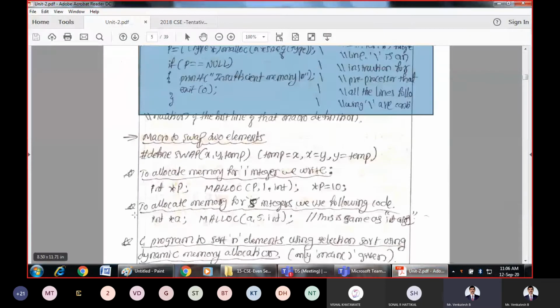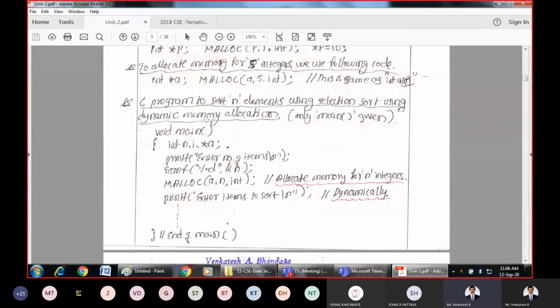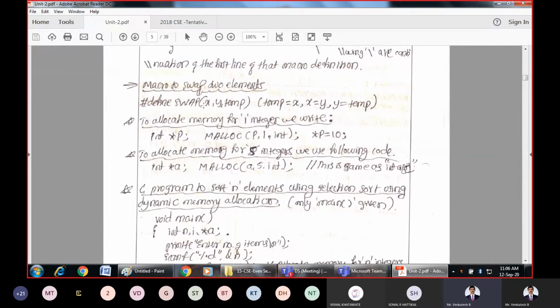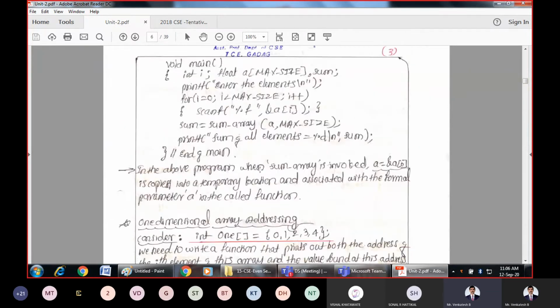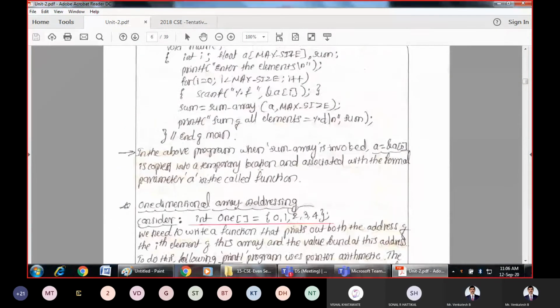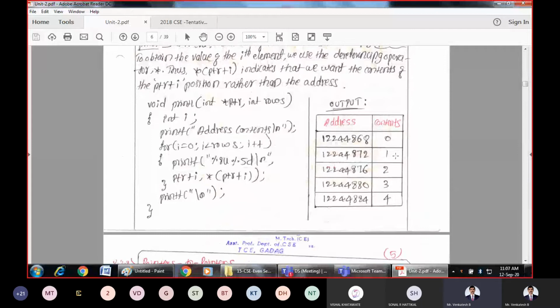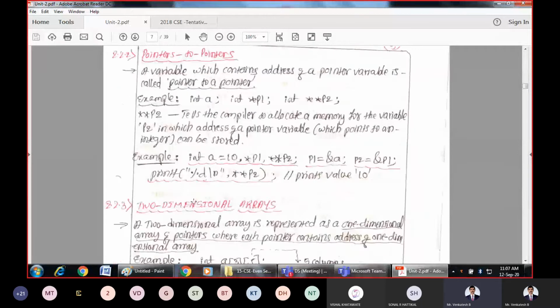Now coming to this simple program, where one sample scenario is shown. This is where malloc is being used with the general terms a, n, and int. Here any value of n you can give. We have seen two examples, for the value of 1 and for the value of 5. All this part is a representation of arrays and contains addresses. This is already told.